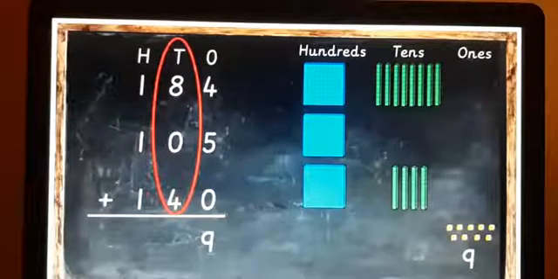So next, now the tens place. Tens place, what is given? 8 plus 0 plus 4. It means in the tens place you can see there are 8 green stripes, and the second one has a gap, nothing is there, 0 value. And in the third one, 4 is given, 4 tens are there. So 8 tens plus 4 tens, you have to add. 8 tens plus 0 tens plus 4 tens.